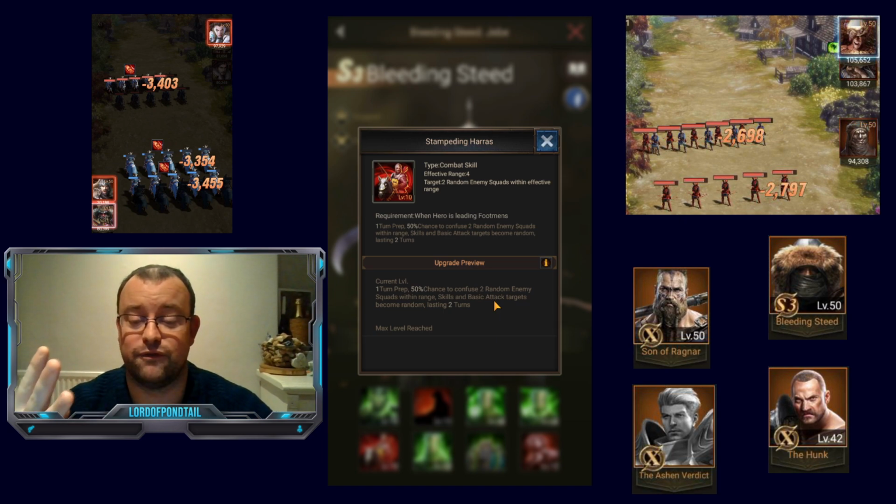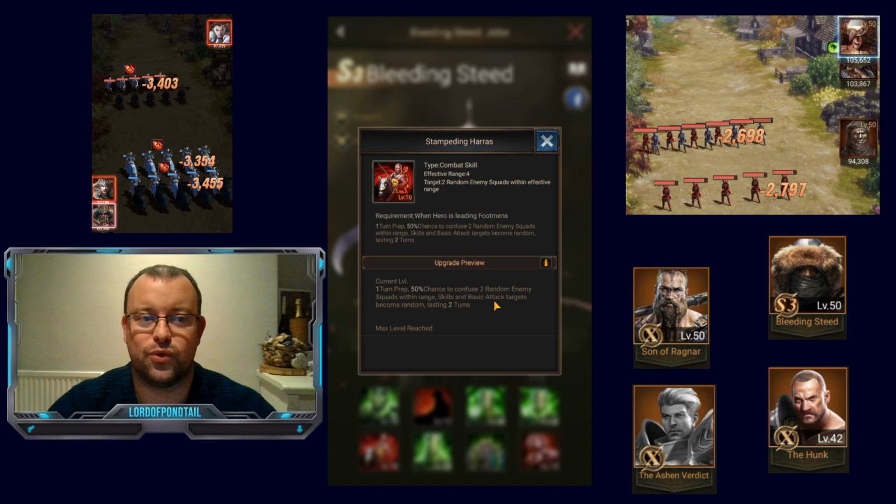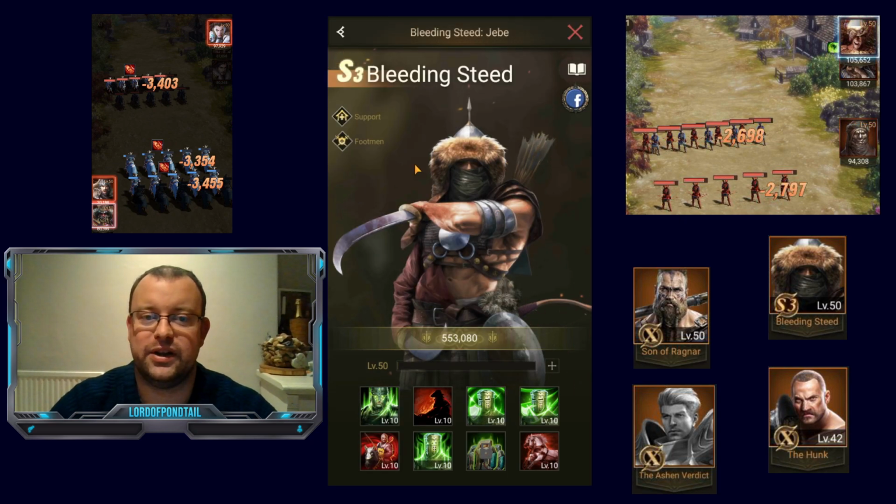Four lots of confusion each time this activates, right? And you've got a 50% chance. So the only downside is the 1 turn prep. As long as this activates 2 or 3 times in a battle, you can be causing between 10 and 12, potentially 10, 12 lots of confusion for your opponent. And as we saw in that battle, you literally just saw a perfect scenario. Like if you've got Bleeding Steed,